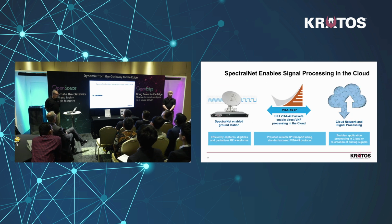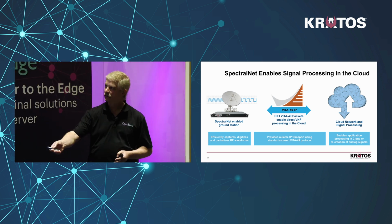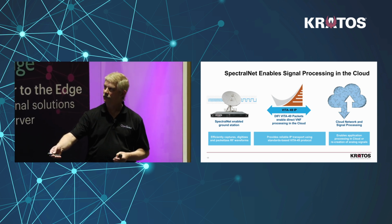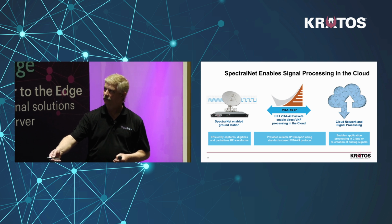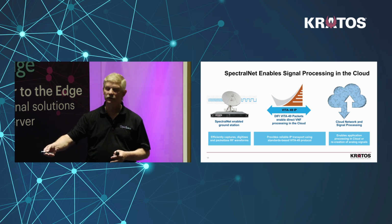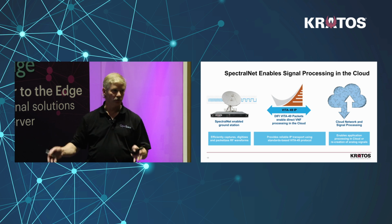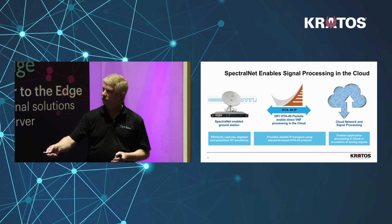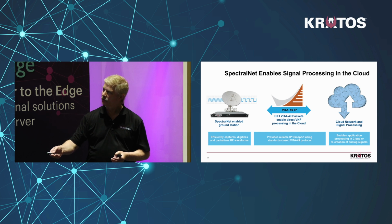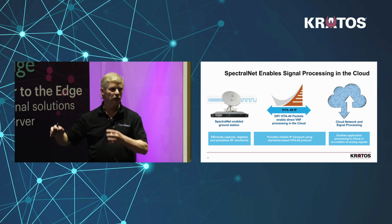So what we're going to do is start with Kratos's digitizer called SpectralNet. SpectralNet, shown over here, is going to take in the RF that's at your gateway or antenna, and convert it into IP packets. It does that using the industry standard VITA 49 and DIFI protocols. With these packets, you can send them over any standard network anywhere in the world that you need to for processing. And because we're using an industry standard DIFI, your compute over here can then ingest that